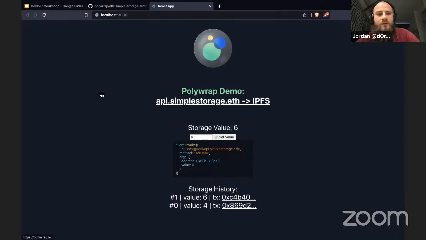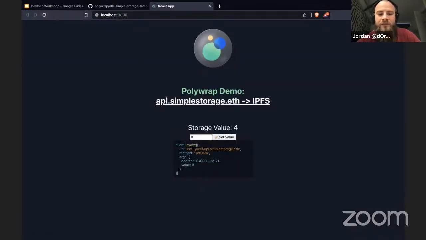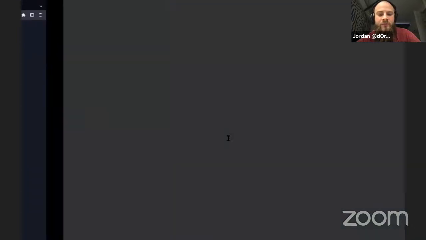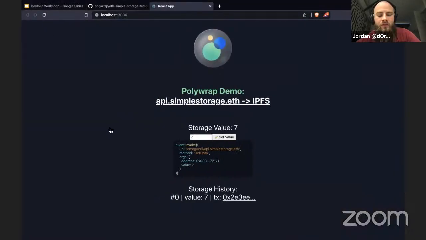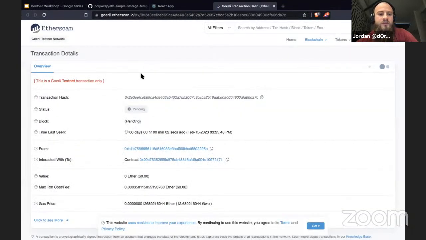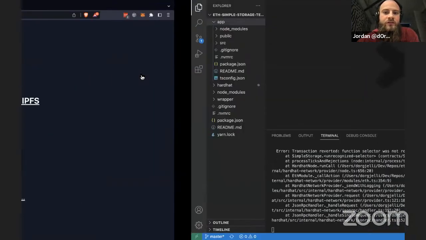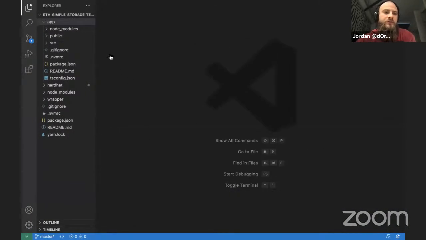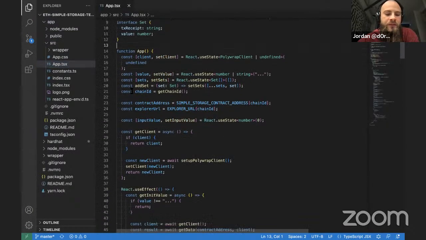And so if we just go ahead and refresh the page, for your own applications, you can go ahead and implement better account handling than this. If we update the value on Goerli to, let's say, 7, we can go ahead and sign that transaction. All working. And then we can see the transaction on Etherscan. And if we actually look at what the source code for the application looks like, we can see that inside of our app,